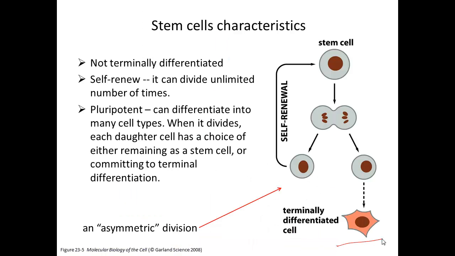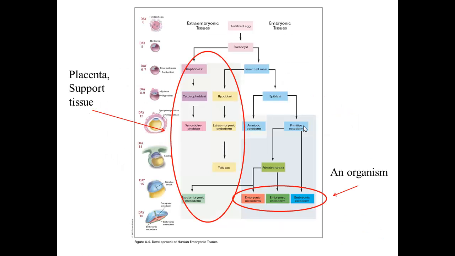Not only are stem cells able to produce all these different terminally differentiated cell types, they're also capable of an asymmetric division in which, as a stem cell divides, one of the cells will become one of the differentiated cell types and the other cell remains a stem cell. This allows for self-renewal, and together these characterize stem cell capabilities, meaning that they're pluripotent and essentially immortal because of